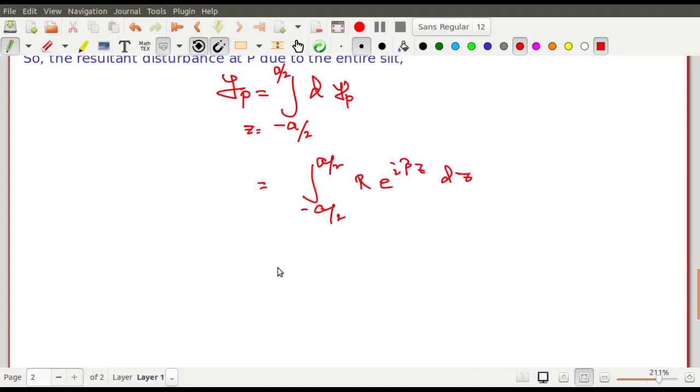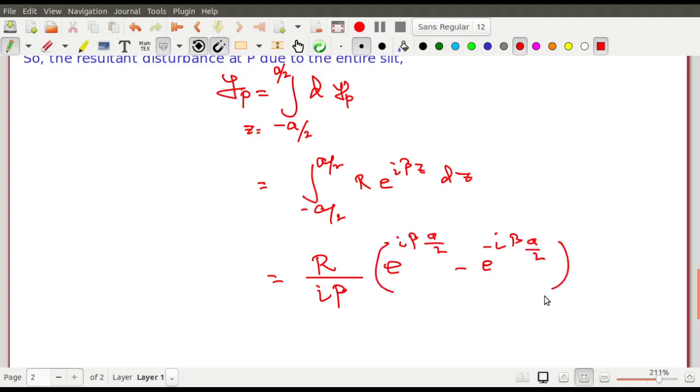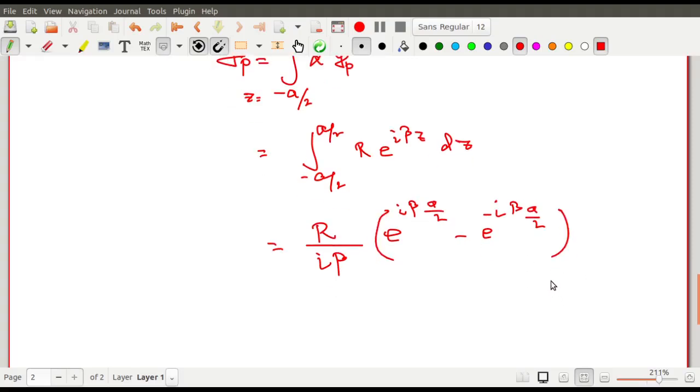So you just proceed with a very simple type of integration. That should be capital R by i beta, e to the power i beta a by 2 minus e to the power minus i beta a by 2. I have skipped the steps definitely. Now I can write this in sin theta form from the rules of Euler's theorem, you know it. So what will you write for this? R by beta